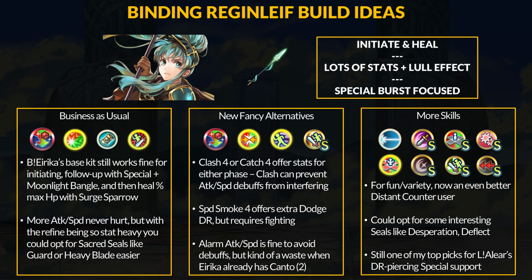You trade potentially more stats with the enemy phase power for Surge Sparrow's massive healing sustain. As for C skills, I personally like the upfront stat advantages from Attack and Speed Menace. It's great for winning speed battles. However, you can also opt for Speed Smoke 4 for extra dodge DR in the enemy phase. It's an option. Alarm Attack and Speed is another good skill, but it feels a bit wasted since Eirika already